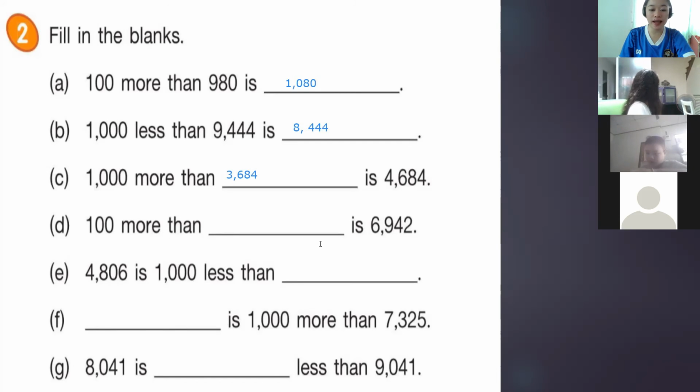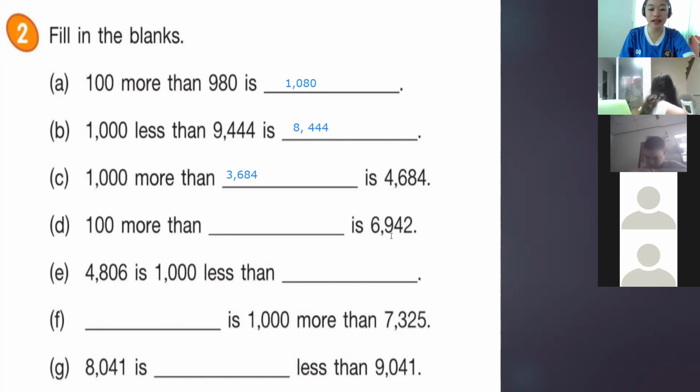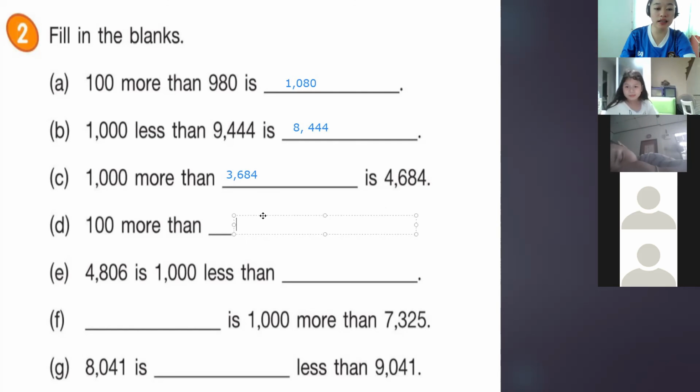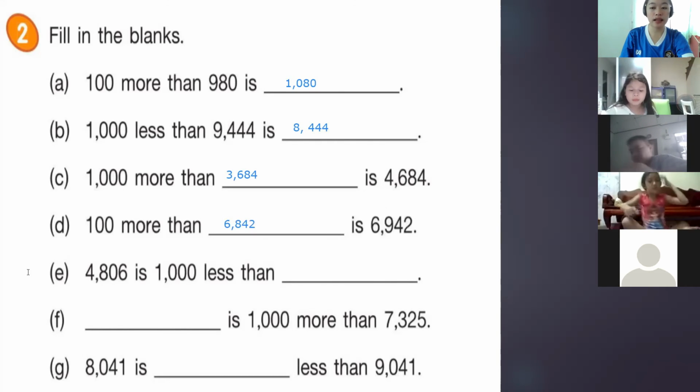100 more than blank is 6,942. So what is missing here? So you're going to subtract 100 from 6,942. So the answer here is 6,842. Okay. Letter E, we have